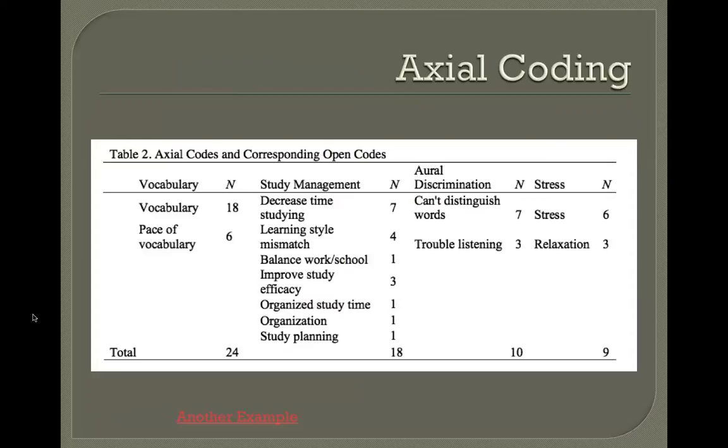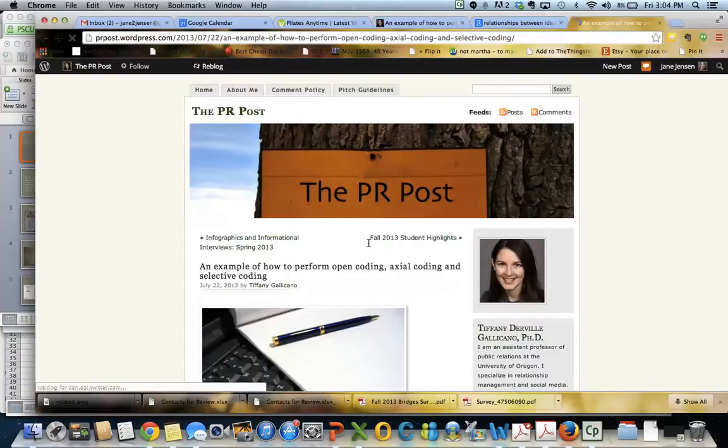So I can't even remember where I got this chart, but the researcher has some ideas in her head, and perhaps has memoed out some explanations of what the meta-category of vocabulary means relative to the ideas and things that are in that particular column, and so on and so forth. A better example is one I found online. Let's see if we can go there. Yep, here it is.